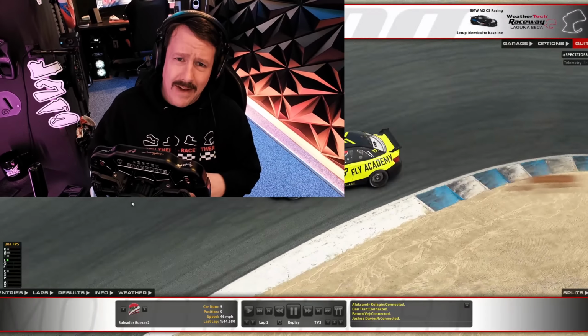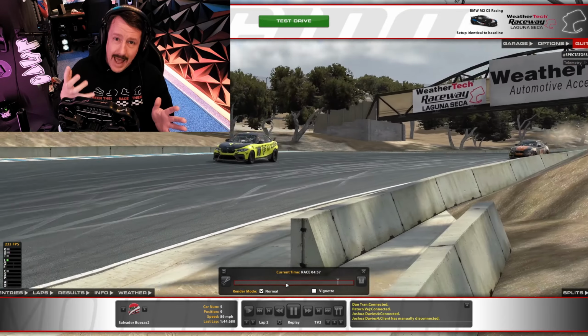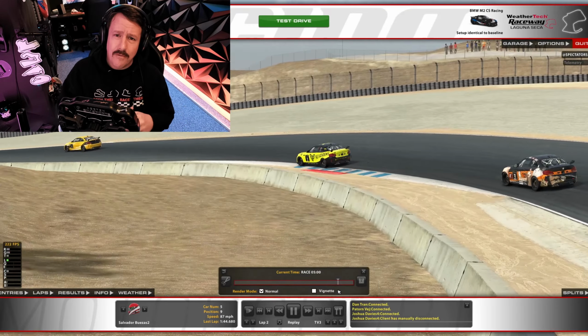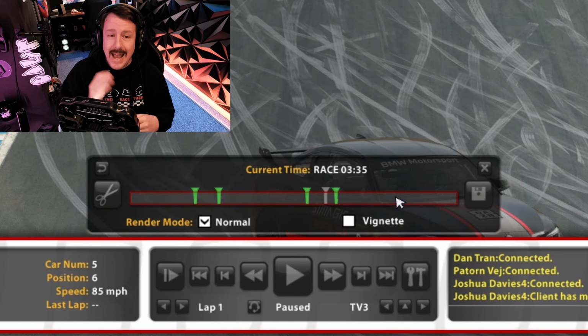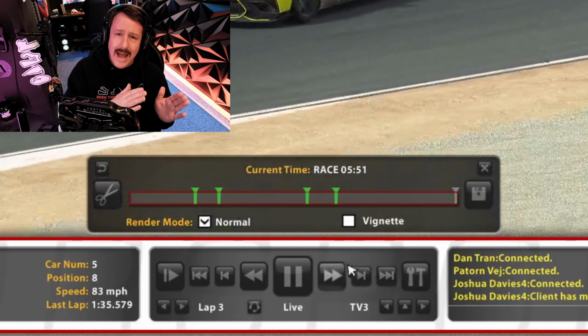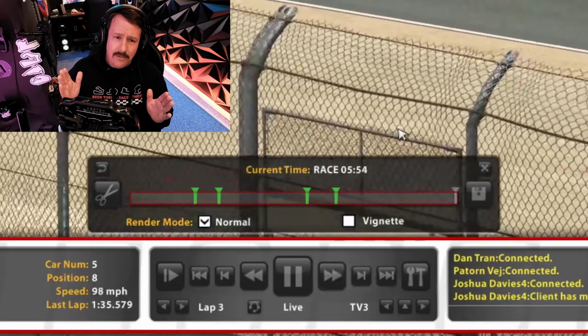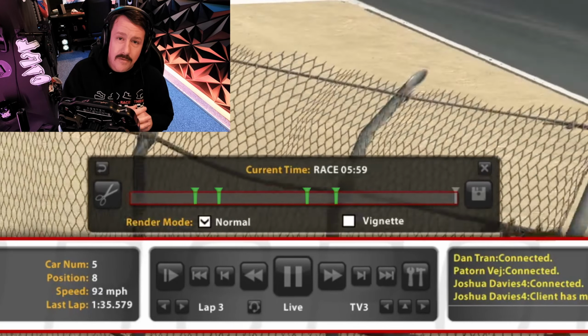All right, number 3 on my list is the ability to bind a button so you can mark an event in the replay. So let's say you're driving around, you're doing a race. Races can be half an hour, 45 minutes, an hour long, and something happens in the race. And instead of having to remember what lap it happened on, you just want to be able to go back and find that event super easy. So you just push a button on your button box or your wheel, and it would mark an event in the replay timeline. That way, after the race, you go back, you can see all your little flags that you may have put in there,